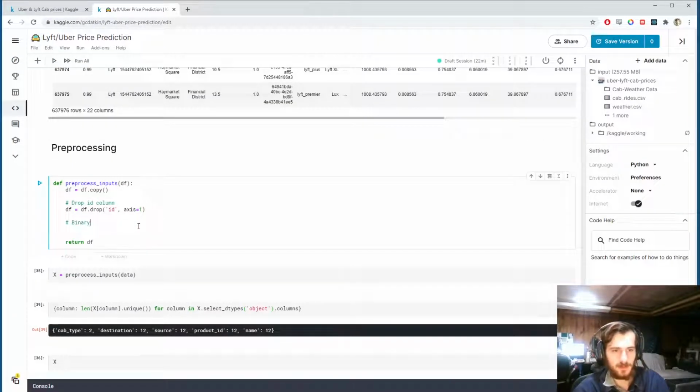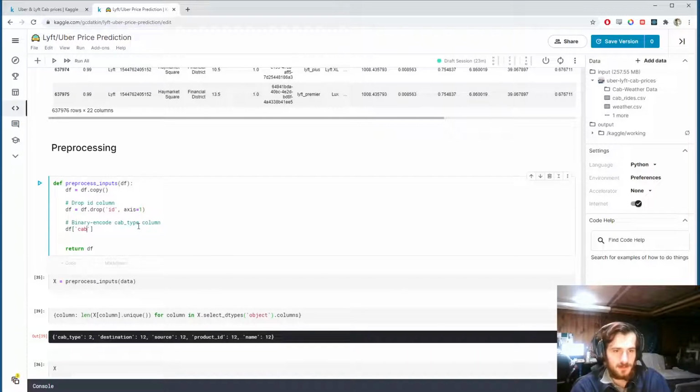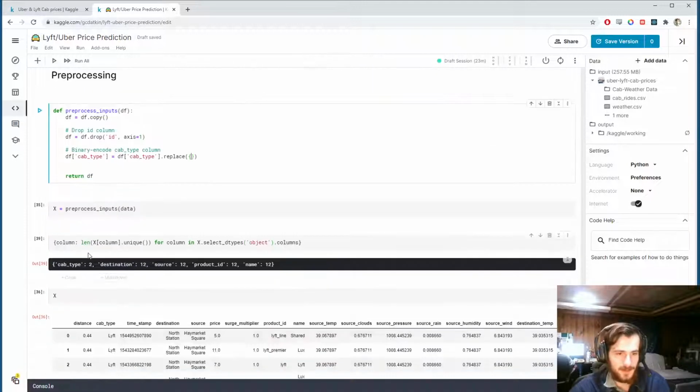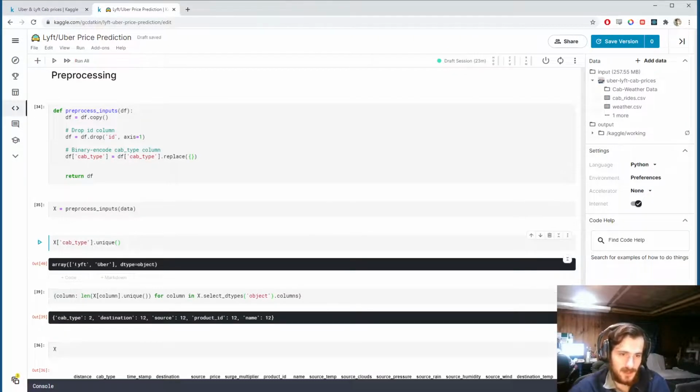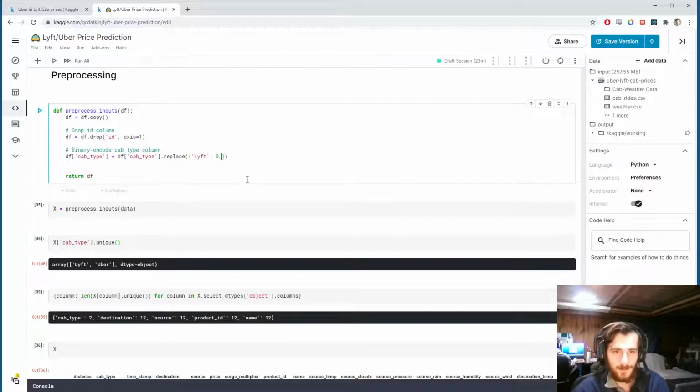So binary encode cab type column. And binary encode is easy. We're just going to take the column and set it to a copy of itself, but with the .replace function called, and we're going to specify the mapping in here. So let's take a look at what kind of values we have. It should just be Lyft and Uber. So .unique. Yeah, just Lyft and Uber. So we're going to map Lyft to 0, and we'll map Uber to 1. And this is completely our choice. Then we'll